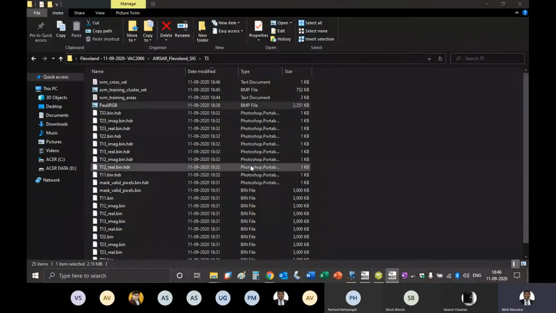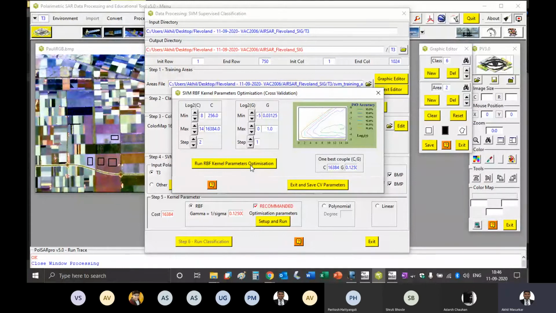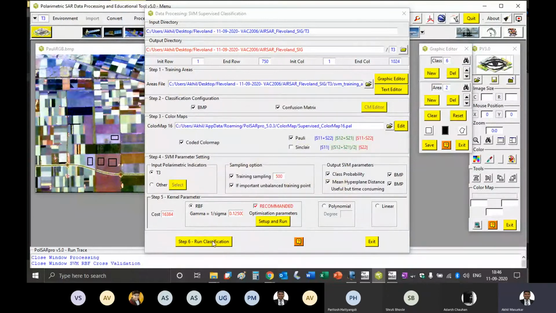Okay, the optimization is done. So now say exit and save CV parameters. And now you say run classification. Step number 6 is run classification.